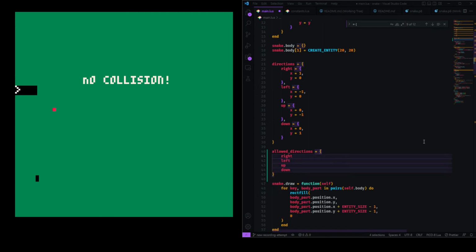And now this will be a sequence, which is like a table, but without a key. So we don't really need the key, so we can just put in the value. I don't know if this exists in Lua proper, or if this is only possible in the Pico 8 variety of Lua,